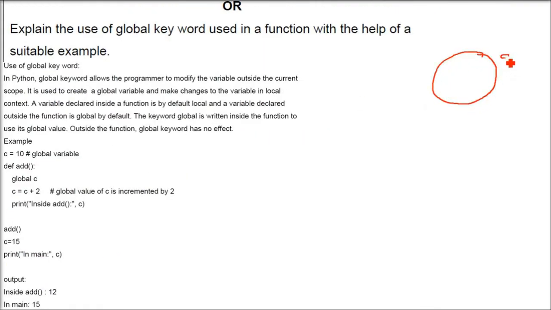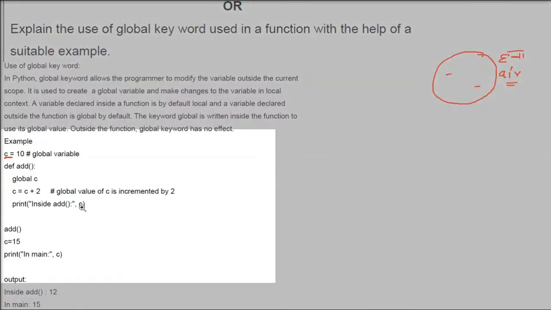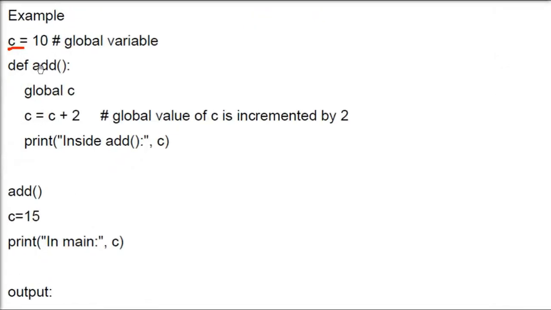Global means what? Let me take you to the actual example. Global means the total globe, this world. Say the water and air. Air will be everywhere. If you are in Kenya, Tanzania, or Canada, air will be everywhere. A global value will be everywhere; it can be accessed everywhere. If you print C anywhere, it will be 10 only. 10 will be printed. Please remember, global will always be on the top.